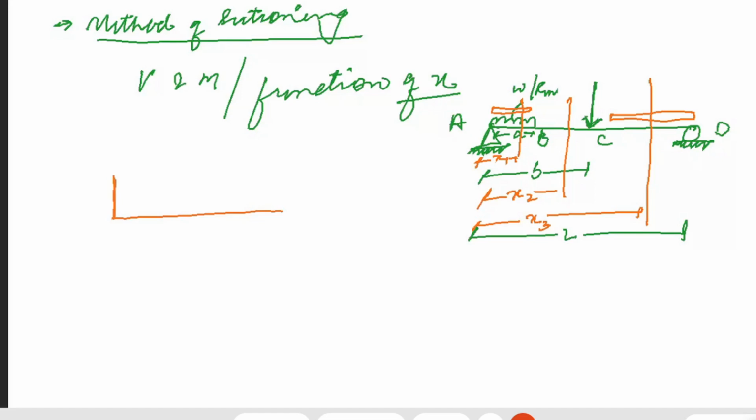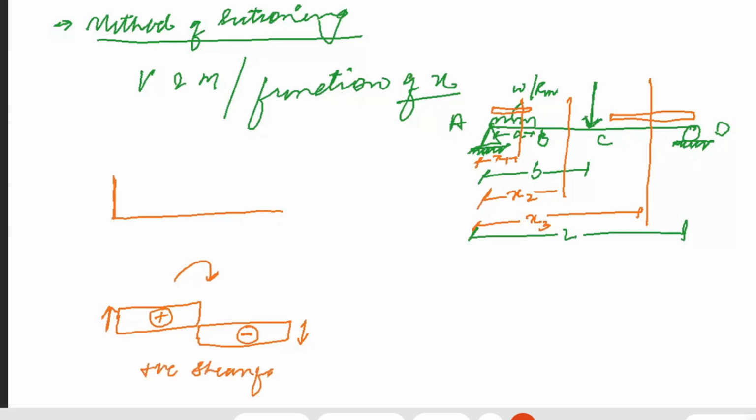If you remember, I had said when shear force is positive, when it moves in which direction? Clockwise direction. That means it is going clockwise, it is positive. This portion will be positive and this portion will be negative. This is a positive shear force. Therefore, at point A, I will be having some value of shear force, and at point B, let's say this